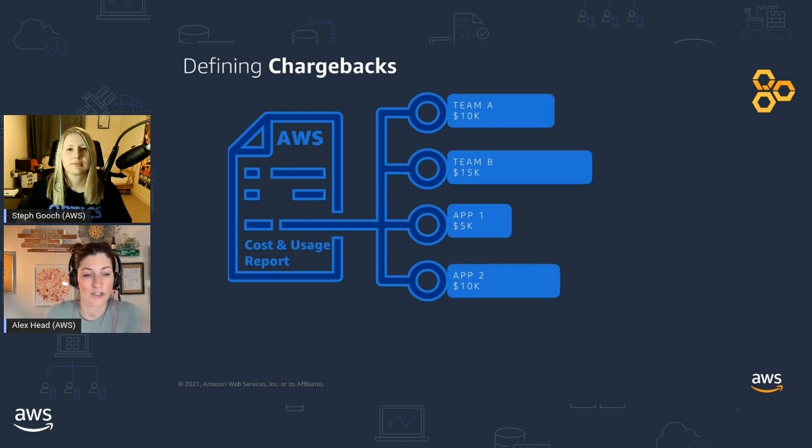And so when we're looking at this example, we're looking at the cost and usage report, which is a report that you can turn on in your AWS account that gives you really, really detailed information when it comes to cost and usage. And through that, you have team A and team B, app 1, app 2. How do you properly show or charge that back? Steph, quick one for you, tell them how to go turn on their cost and usage report the right way